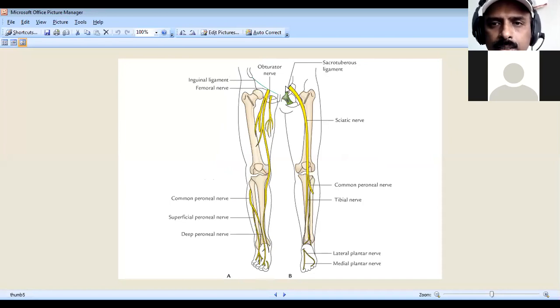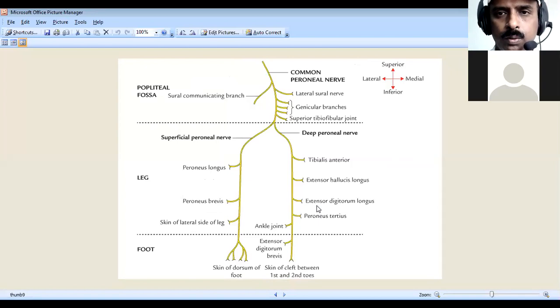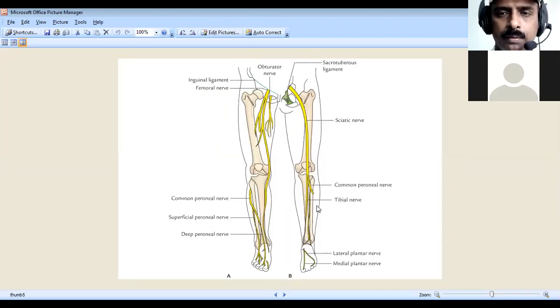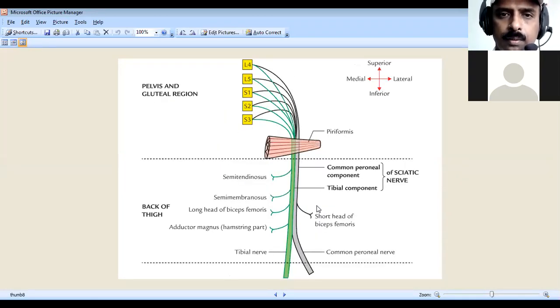When you see the total sciatic nerve, it is at the greater sciatic notch, running on the back of the gluteal region, back of the thigh, and superior angle of the popliteal fossa. This will be divided into the tibial nerve and common peroneal nerve. You have to know that. These are the common questions almost always asked in the nerves.